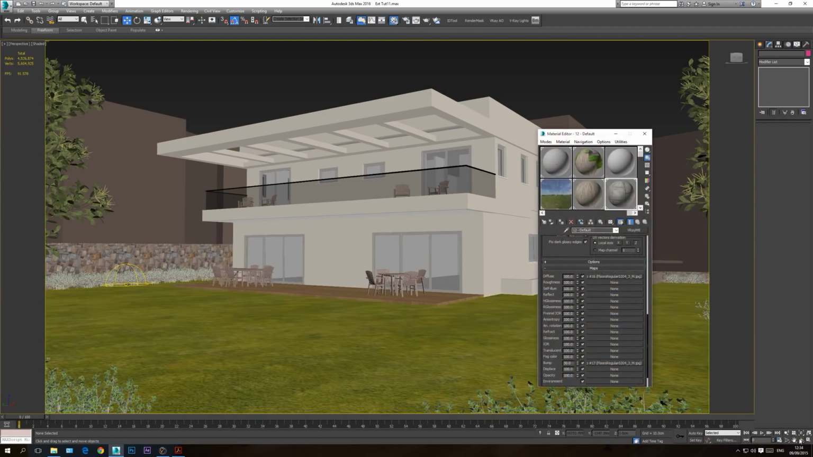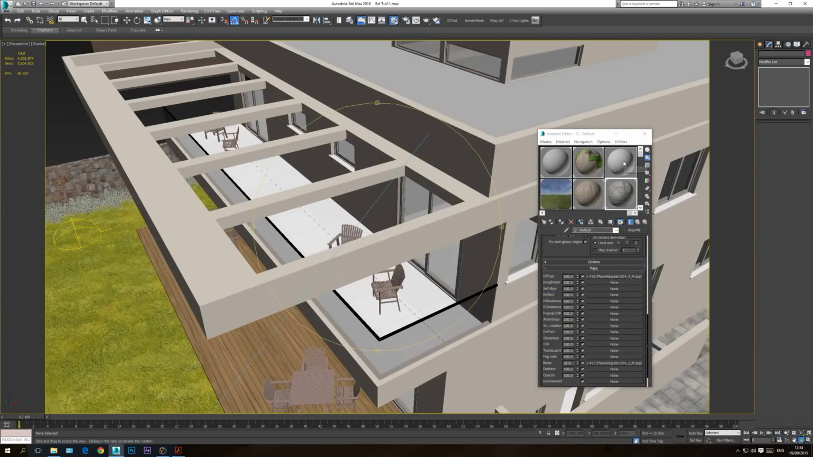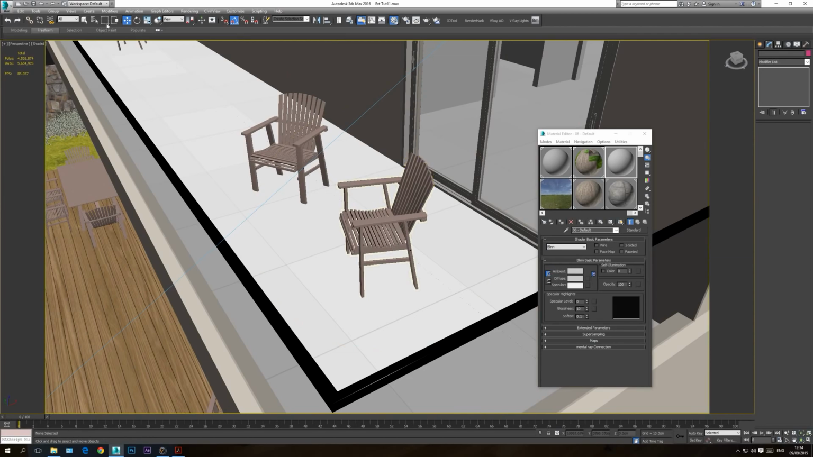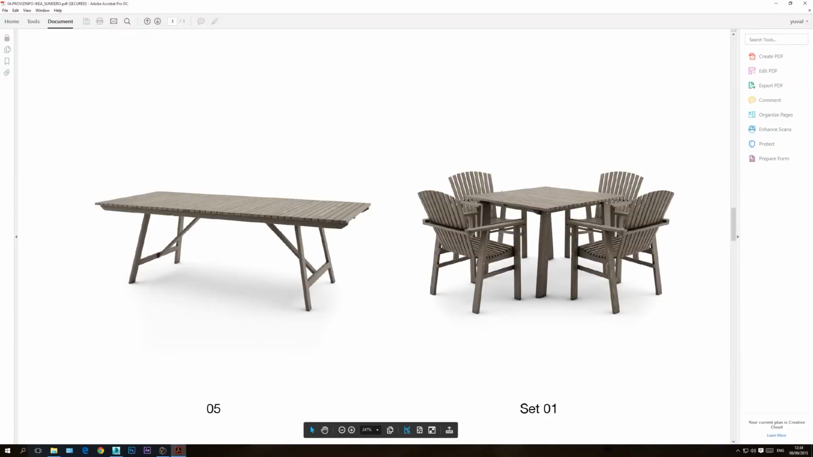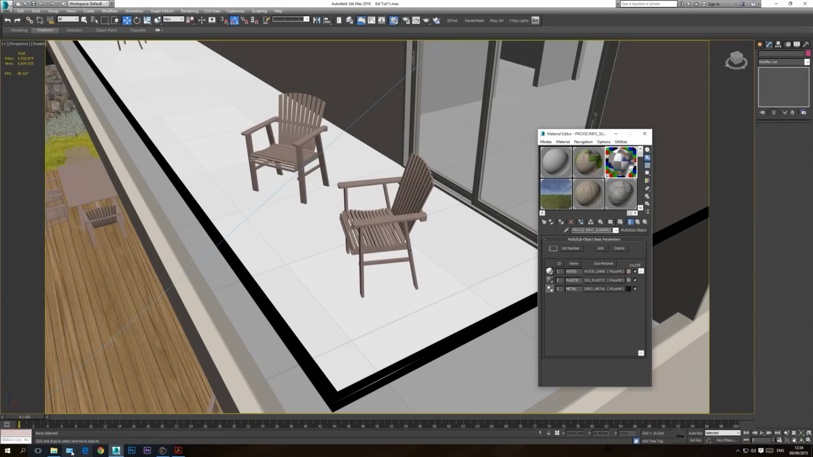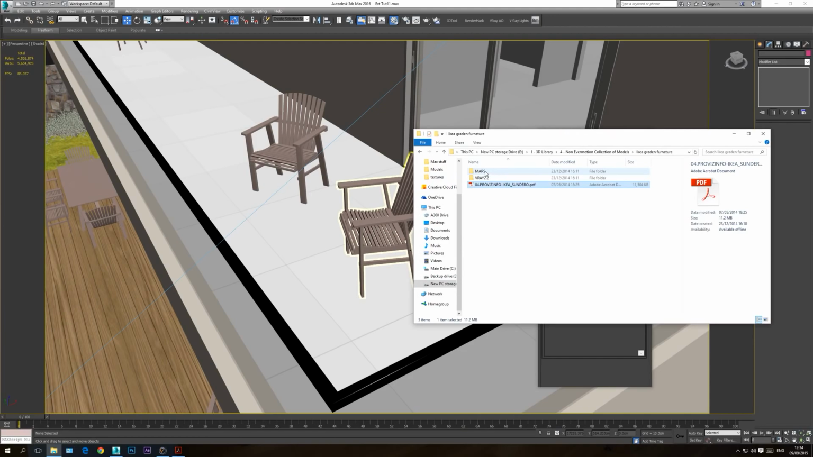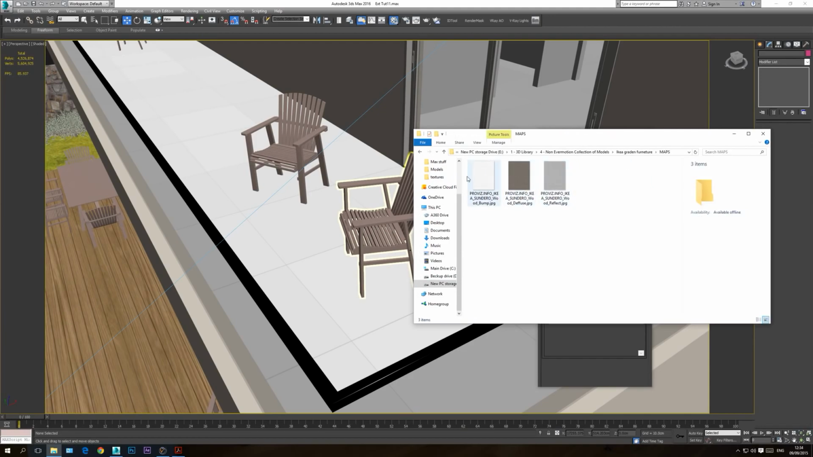Let's see the material of this furniture. It's the same material, it's the wooden material. Pick from object, pick from here. As you can see, we have a problem here. We don't see the wood like you see it here. That's because the maps of the material, of the wood, are not placed in a correct